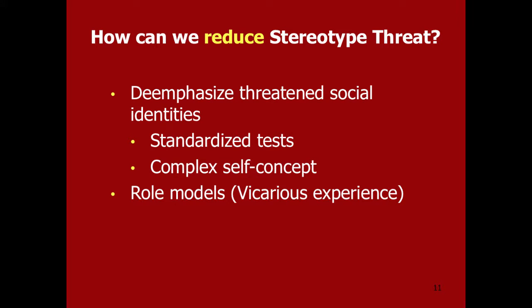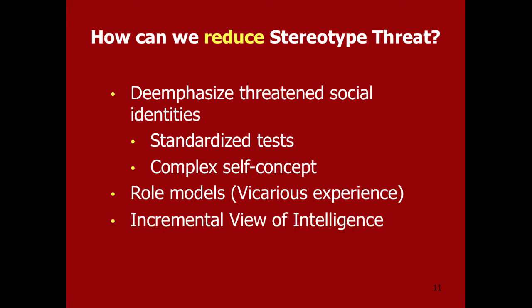Another way to reduce stereotype threat would be to find a role model, someone who's similar to you. So if this young woman, before taking the SAT, found another woman or young woman who had taken the SAT and been successful, and possibly found a woman who was very successful in a math or science field, this would actually not only increase her self-efficacy, but would also be a way for her to begin to dispel the stereotype so that she can create another belief about how women perform when engaging in math tasks.